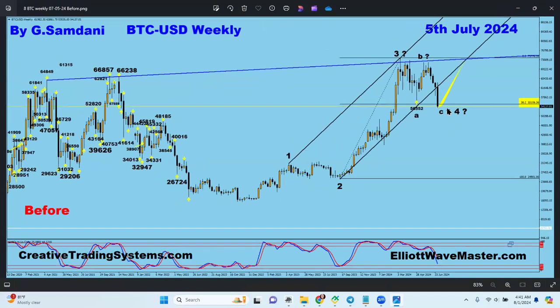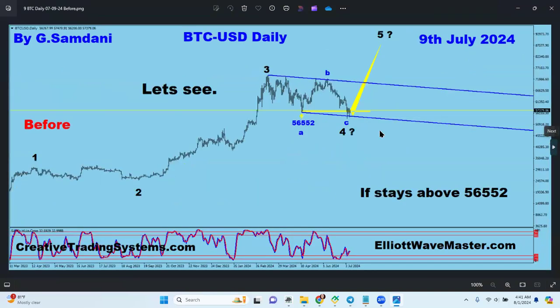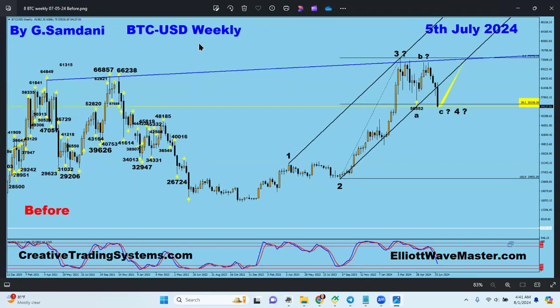Then I made this chart that from here, we're gonna go to the upside. Usually wave five comes a little bit above wave three, right? So it says, okay, over there, we're gonna go there. So I made a smaller time frame than this one here. That was a weekly chart, right?